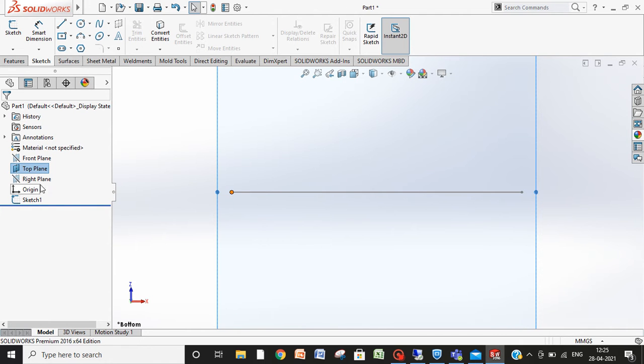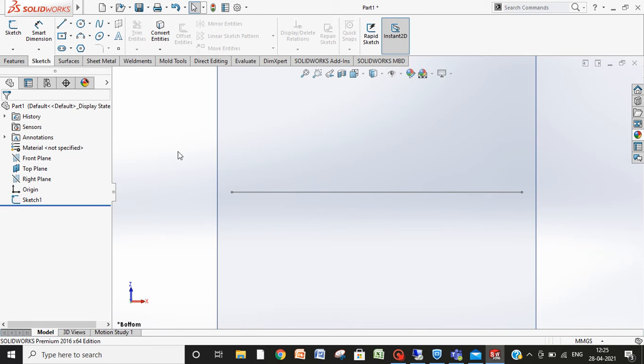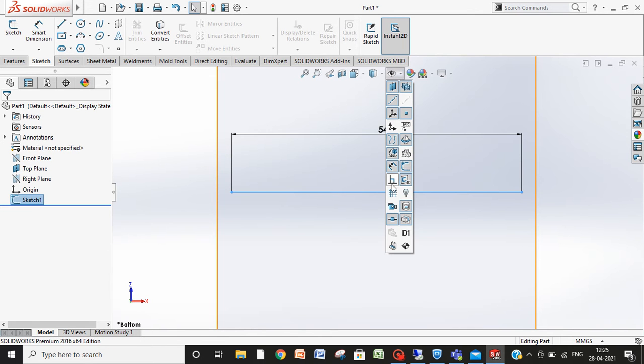Okay, this top plane and sketch over it. Edit this sketch. These are all the things which you can hide or show.